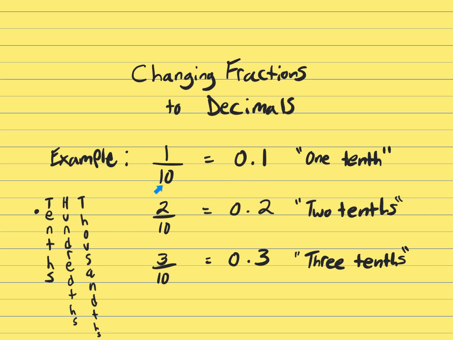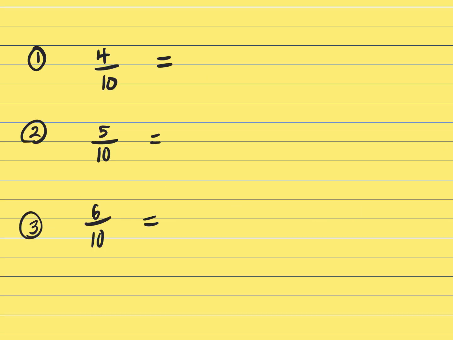So 1/10 as a fraction is 1 over 10. 1/10 as a decimal is simply 0.1. Out loud, both of them would just say 1/10. It's going to say the exact same thing. So again, we have 2 over 10, 2/10, 0.2. 3 over 10, 3/10 equals 0.3. So if I wanted to keep going, 4/10 would be